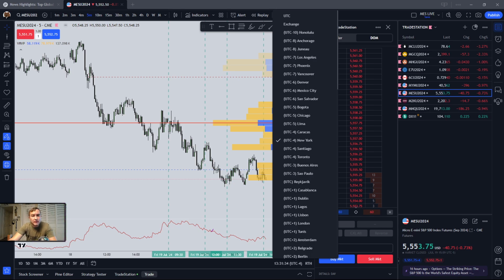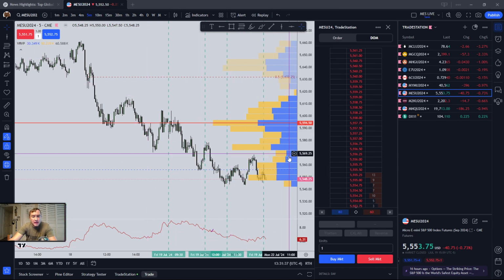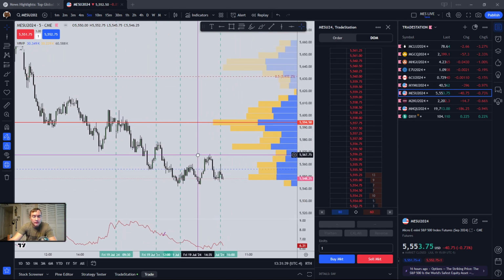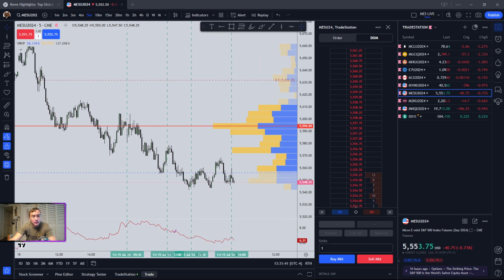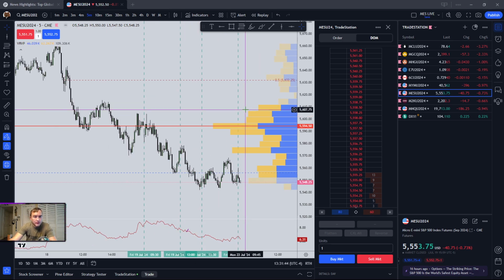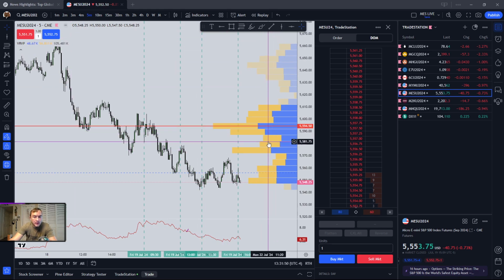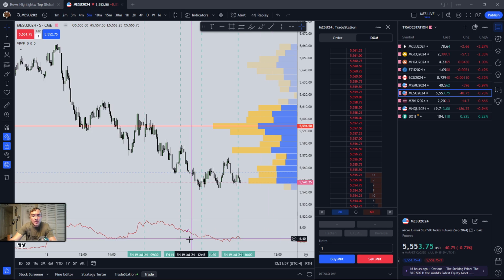Okay, number two, guys, I want to talk about incorporating ICT with the volume profile. So there are a lot of people out there that like to use the volume profile. Now, what is the volume profile? On the right-hand side of the chart here, it's otherwise known as a volume by price, and it shows you where the market has been trading in terms of volume, but not by time, as you see here on the bottom, but by price. The idea is that the market likes to put in more volume at some prices,